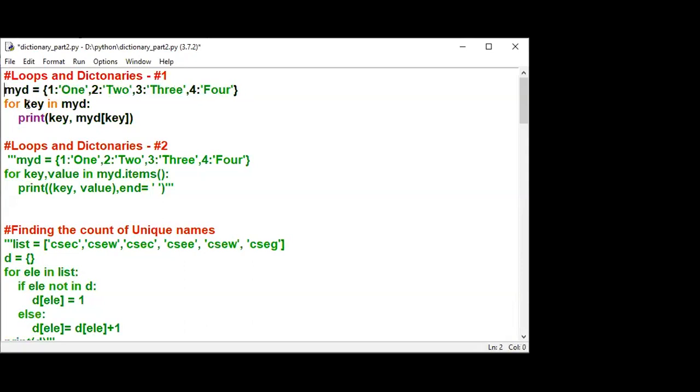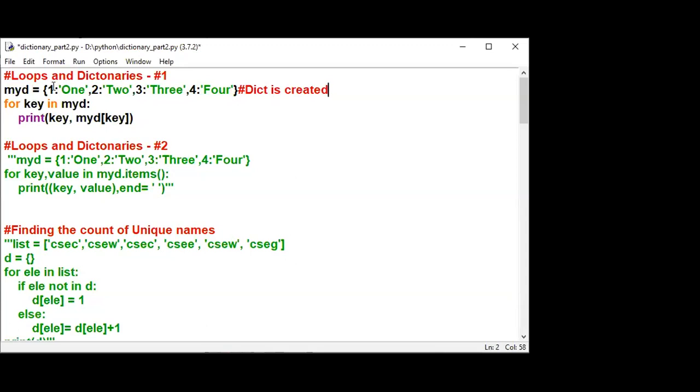So once again, go through it. We have created my dictionary. The first line is nothing but the dictionary being created. In the previous session itself, we discussed the different methods of creating a dictionary. The second and third lines just run the loop to iterate among the items of the dictionary. Here we are iterating with respect to the key. Key by key, we are accessing the elements of the dictionary.